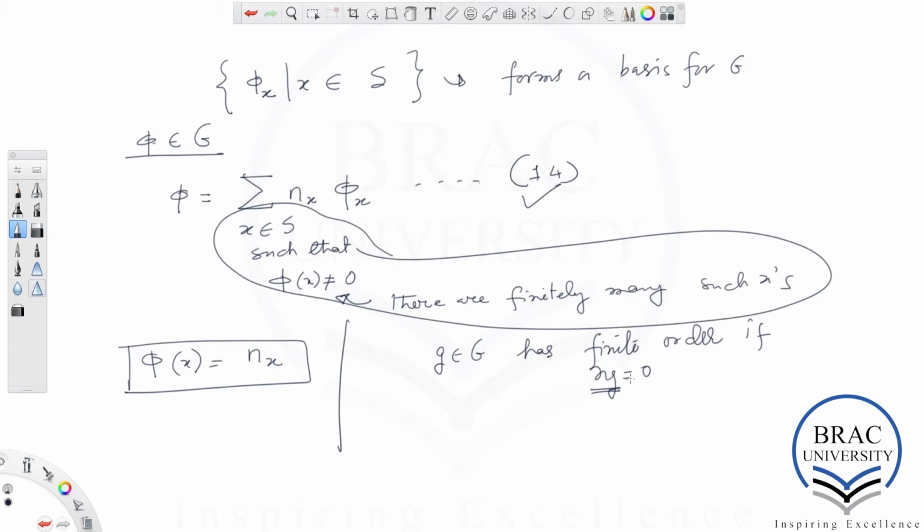Okay, so the set of all elements of finite order. So we have a group G and we pick up all the elements in it which are of finite order. We take the collection of all such elements of finite order of the group, and that forms a subgroup of the given group, and it has a name. The name for this subgroup is torsion subgroup. Okay.